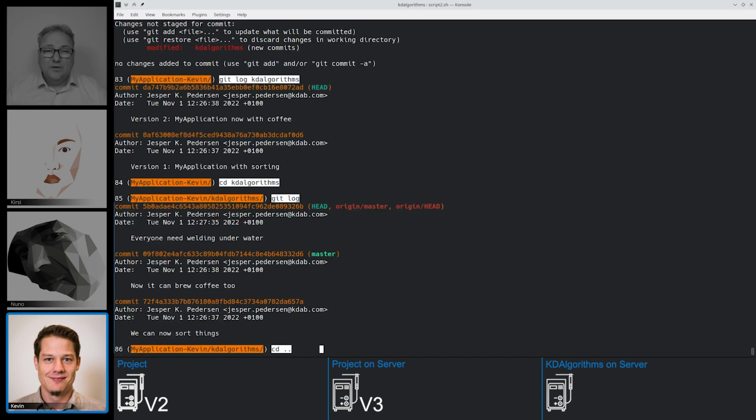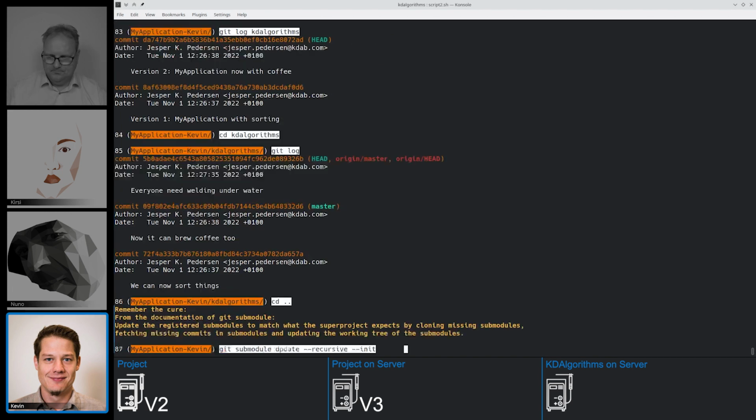In the subdirectory, that's where we have the correct checkout. So the subdirectory, if I look into the files, I will see that indeed my README file does tell me that I'm capable of welding underwater. But in the super directory or in the project's directory, that's what git status tells, what I saw up here. Namely that in this version, I only have that. And that's why, again, we have this file being changed.